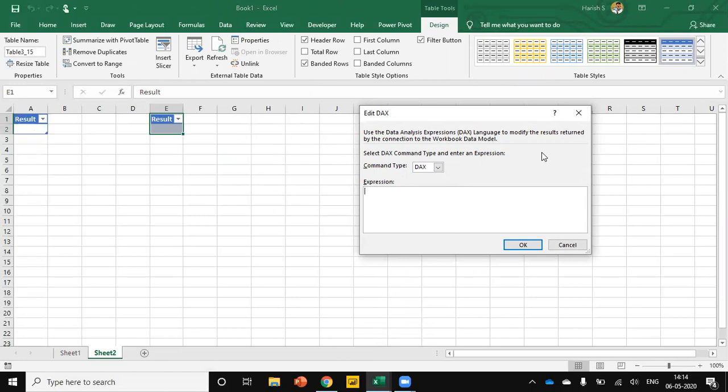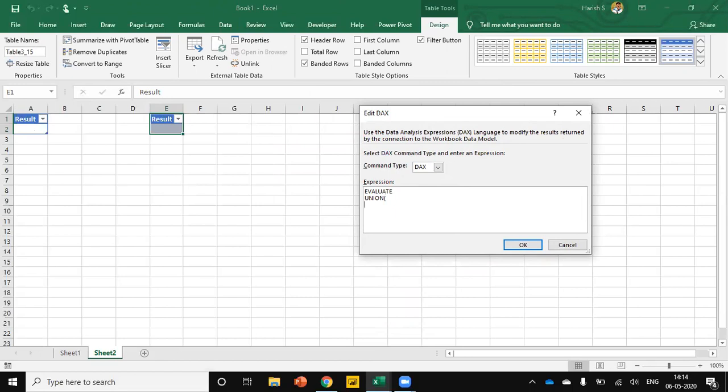So today we are going to see how to add a union function in DAX. The first thing is if you want to add any formula in DAX, you have to use the EVALUATE keyword. This EVALUATE keyword is common for all the DAX functions. And then I'm going to use UNION, open parenthesis, and then hit enter.